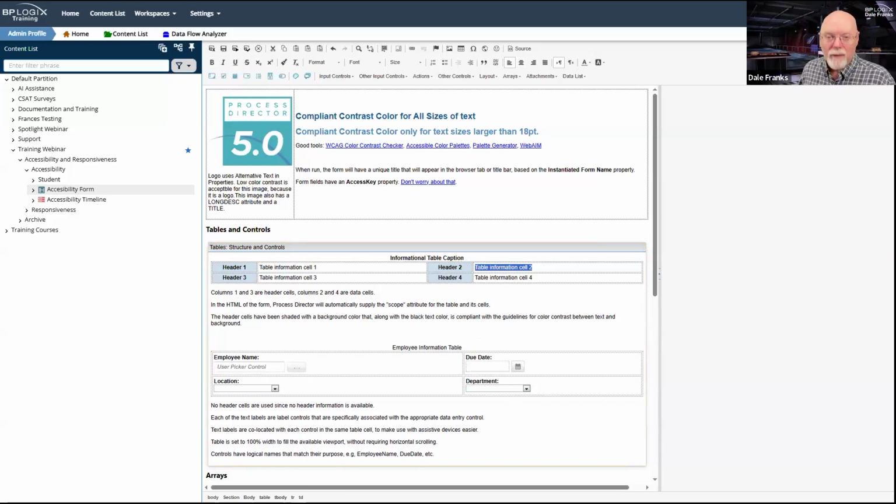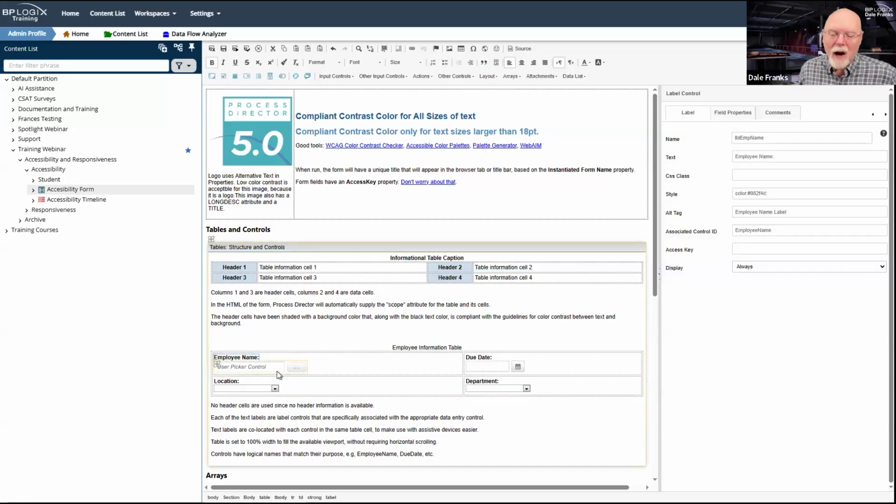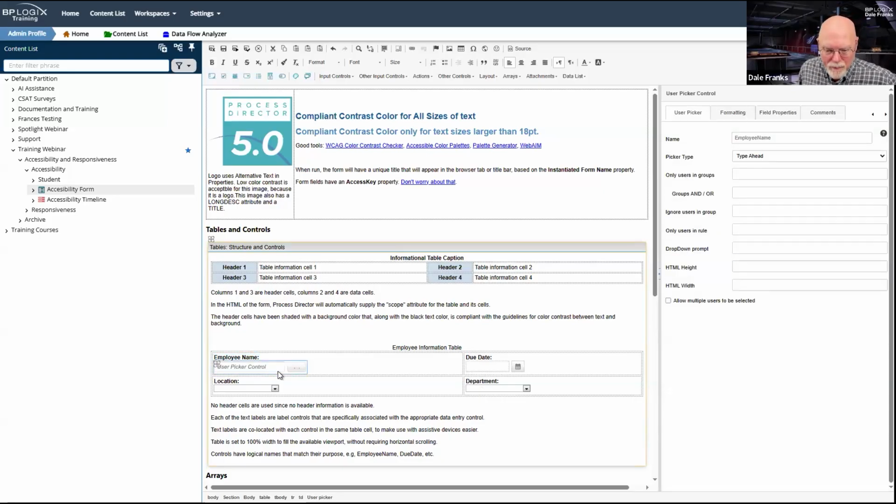And you're correct, it will look really cool. It's wrong, because labels need to be co-located in the same cell as their data control. Again, because of assistive devices.